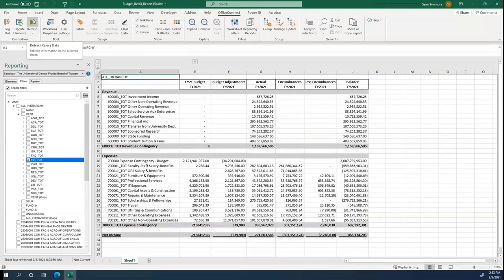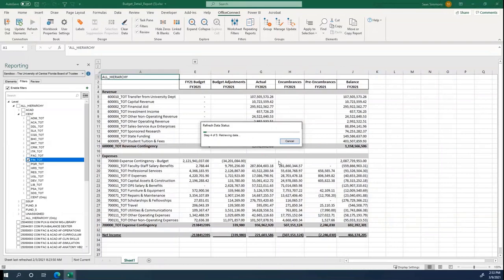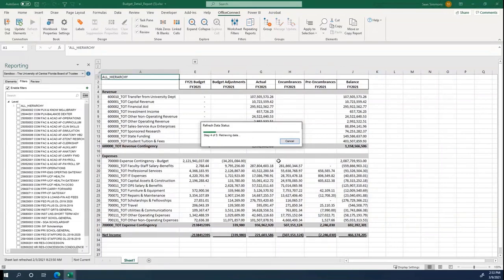The button that you're going to really want to be focused on up here is this refresh button. And so now that I'm just running this at the finance level, I'll go ahead and click the refresh. And the little pop-up bar will show up here as it's going through the different features. Yeah, it's going through. And what OfficeConnect does, since OfficeConnect is just a little plug-in